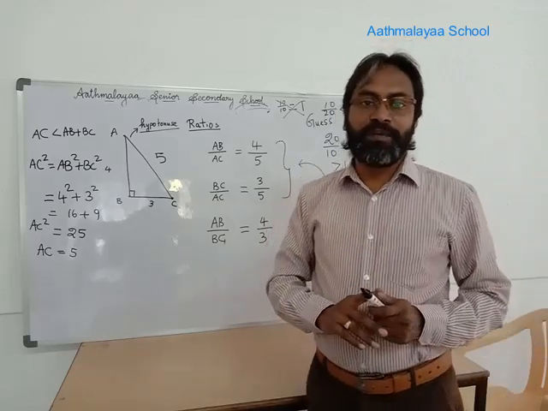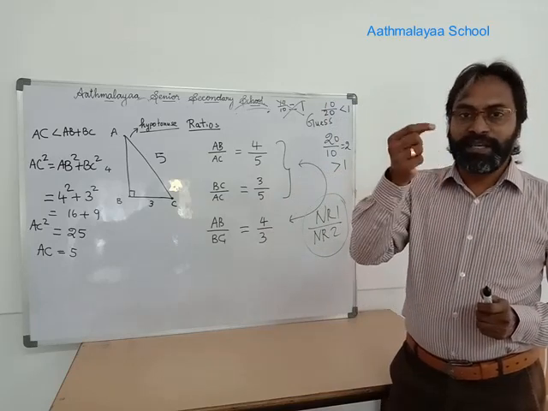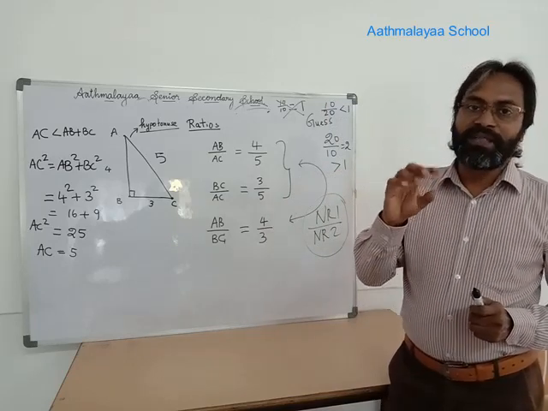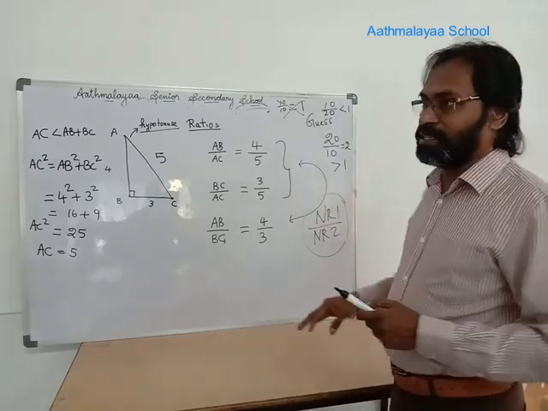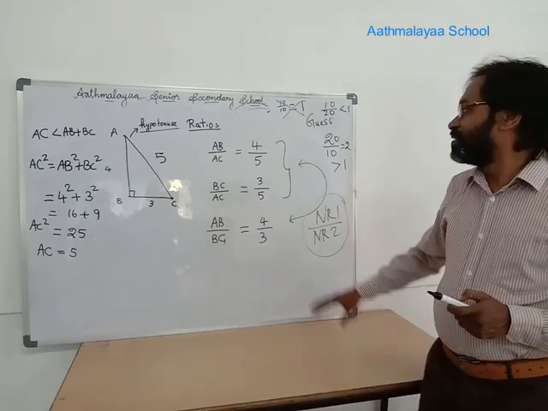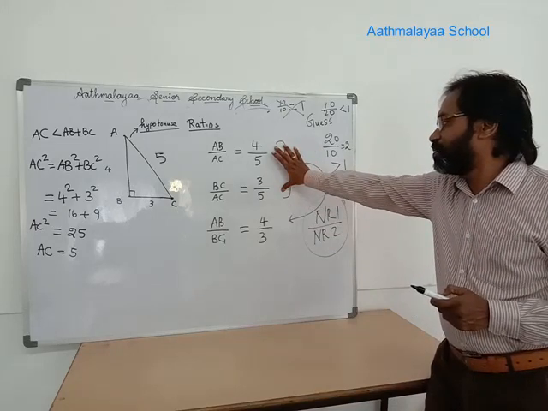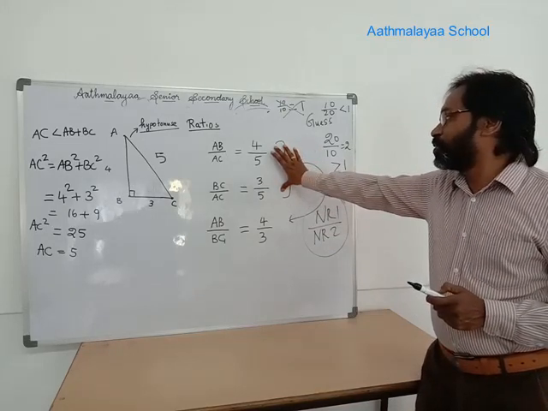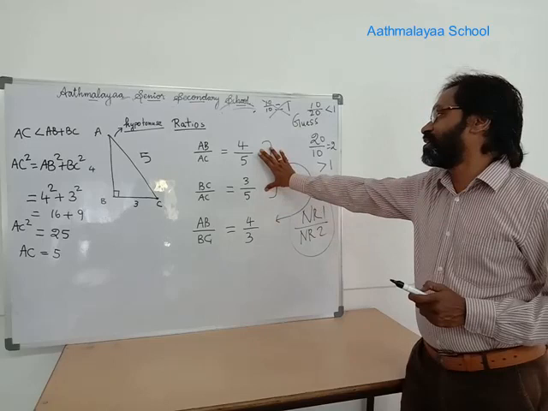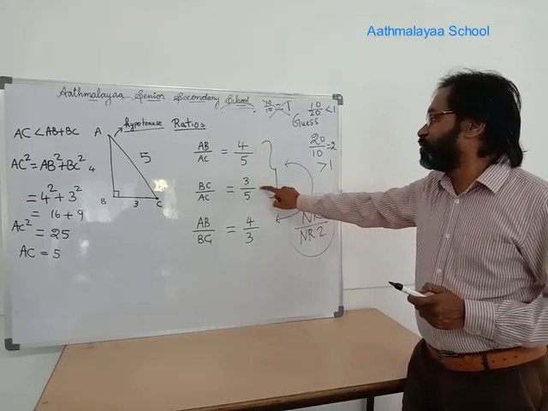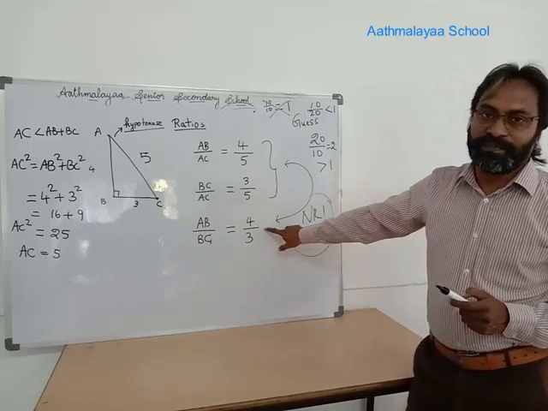Then in that case, how many cases are there? There are only two cases. One is the ratio being less than 1 and the other is the ratio being greater than 1. So in that scenario, you could have understood one thing, that these two, AB by AC and BC by AC, differ from the third ratio only by this category. What is that category? These two values are lesser than 1, the third ratio is greater than 1.